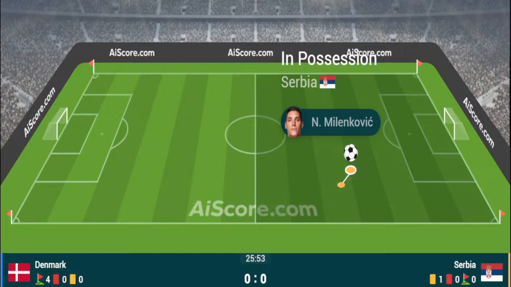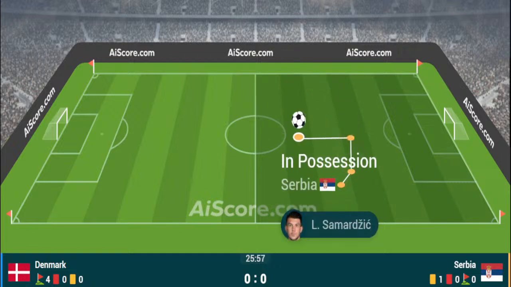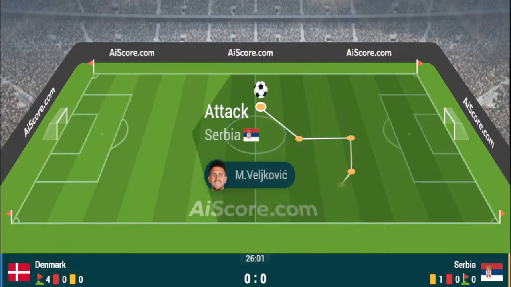Ball is back now with Kasper Schmeichel. Kasper Schmeichel on the edge of his 6-yard box, and Denmark have had 61% possession in the game. Serbia have had 39, and Denmark have had 4 corners, and they have been on top in the contest. And Denmark have the ball once again, and Christian Eriksen turns it around the corner looking for Rasmus Højlund. They're very, very close to linking up very effectively are Rasmus Højlund and Christian Eriksen.